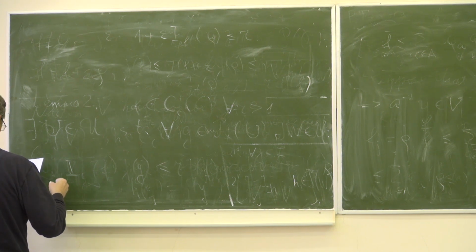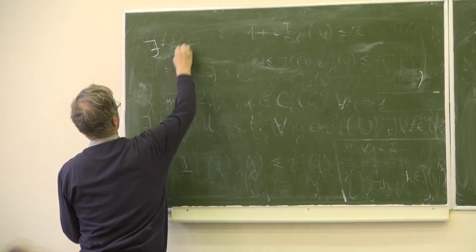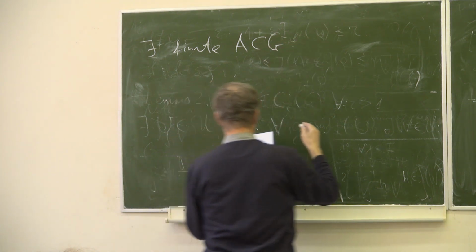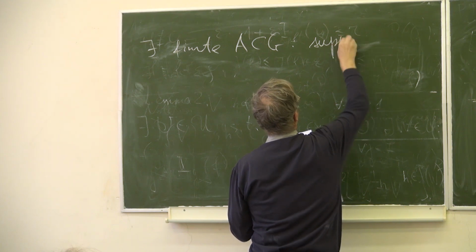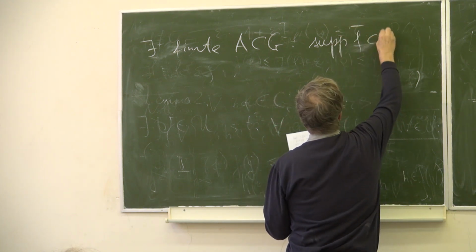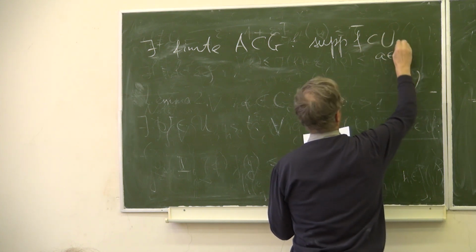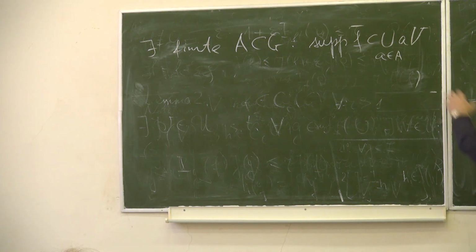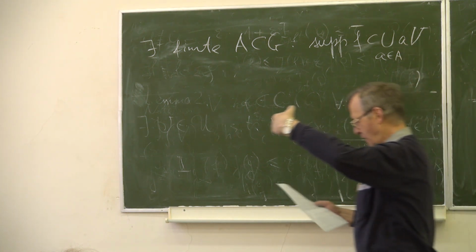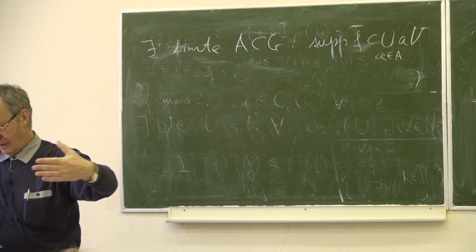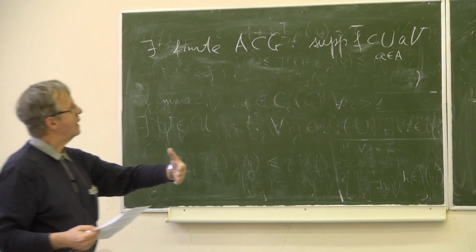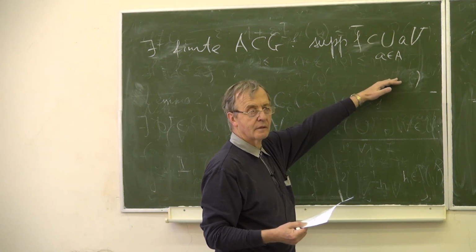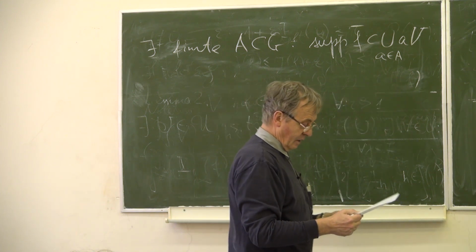Next, we can claim that there exists some finite set A in G such that the support of f bar is included in the union of shifts of V. So V is a neighborhood when we consider all shifts by all vectors in A. Of course, they cover the compact set, the support of f bar, and since it is compact, a finite subset of them covers the support, so this is compactness, nothing else. Okay.